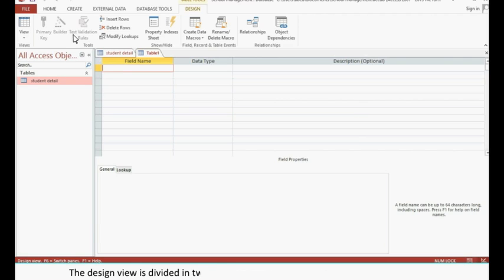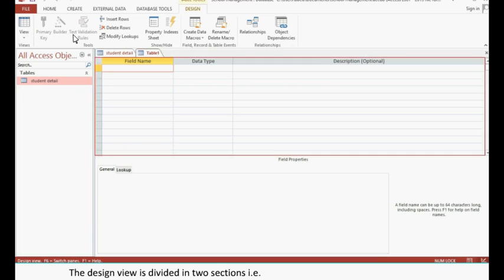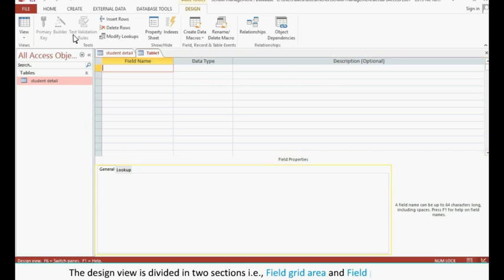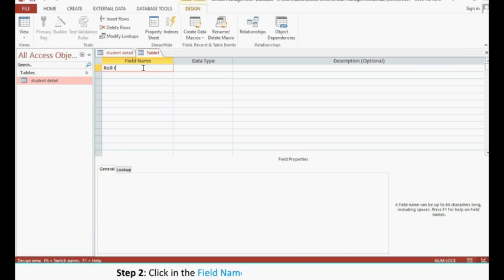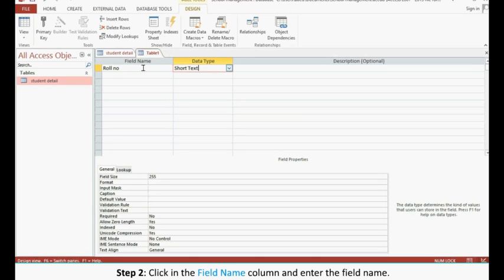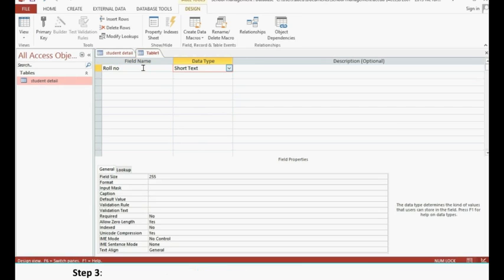The design view is divided in two sections, for example, field grid area and field properties area. Step 2. Click in the Field Name column and enter the field name. Step 3.